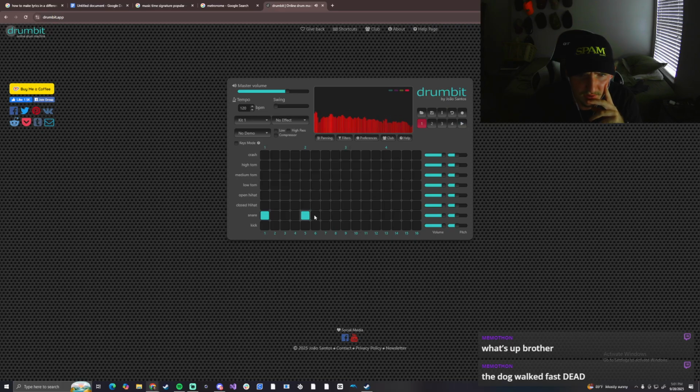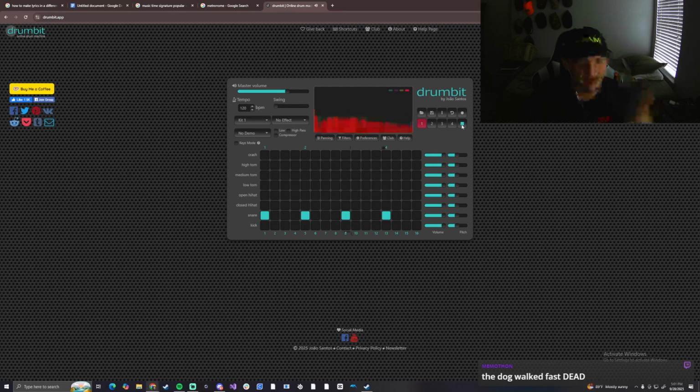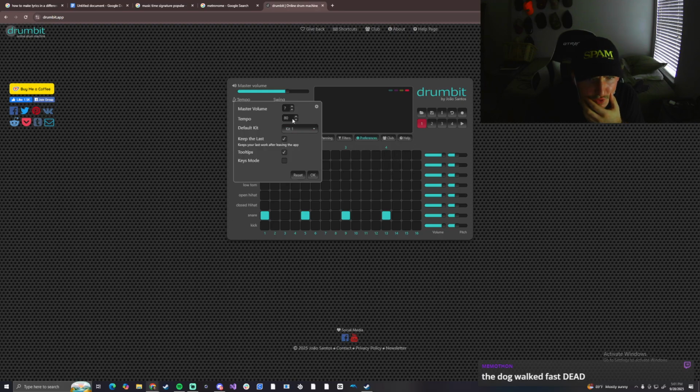Yeah, so this will be our metronome basically. So the dog walked fast, right? So now the problem with this is if I wanted to do, let's see, can I switch this to 4/4 now to,